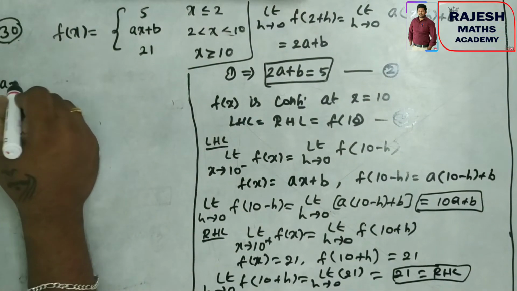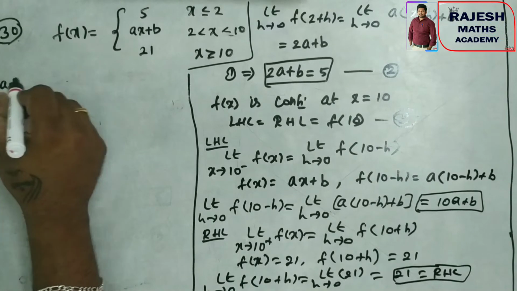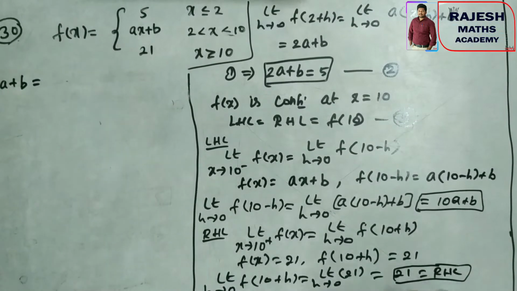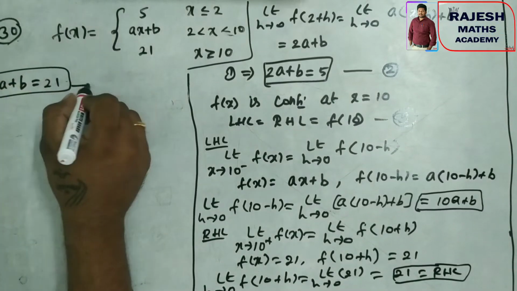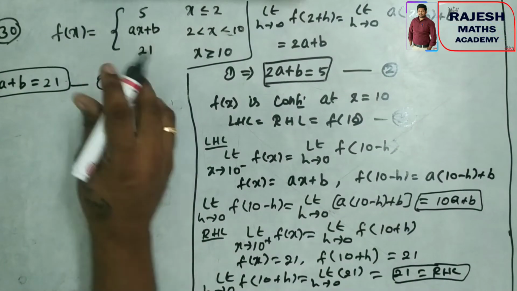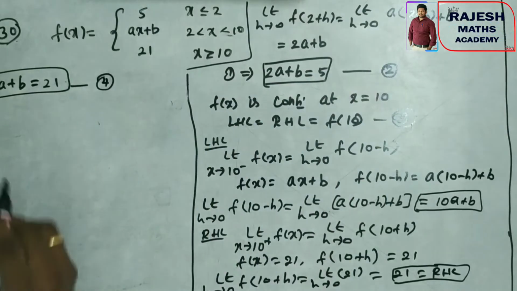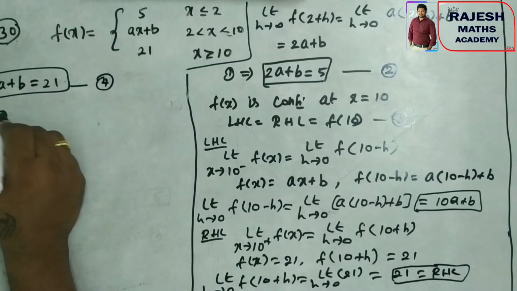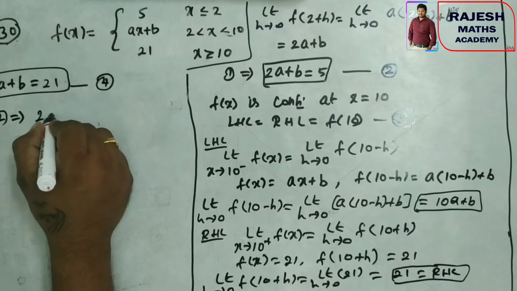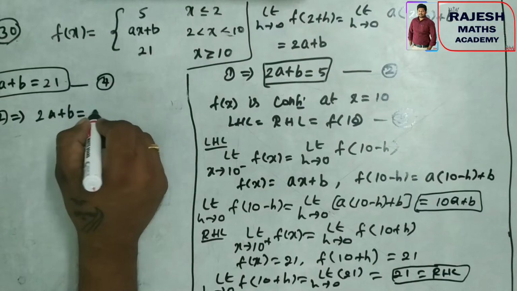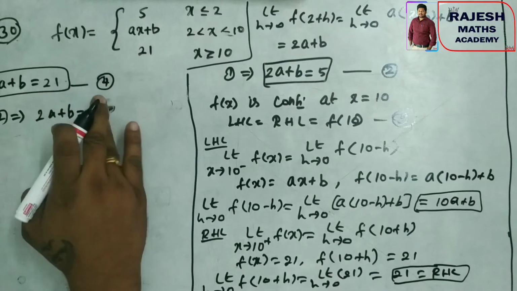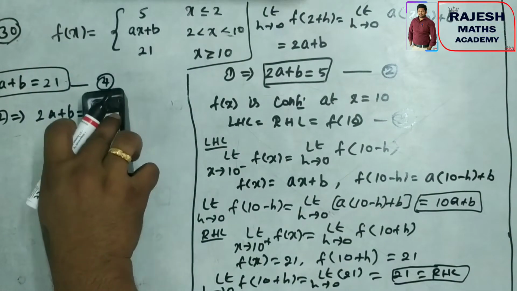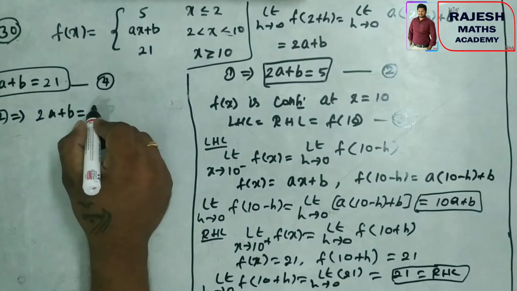That is 10A plus B equal to 21. So this is our equation number 4. We are going to solve equation 2 and 4. Equation 2 implies 2A plus B equal to 5, and the fourth equation implies